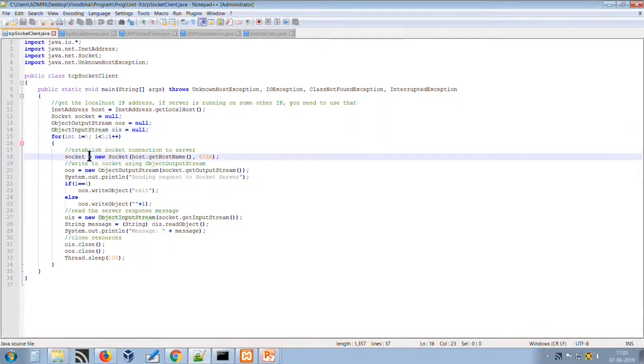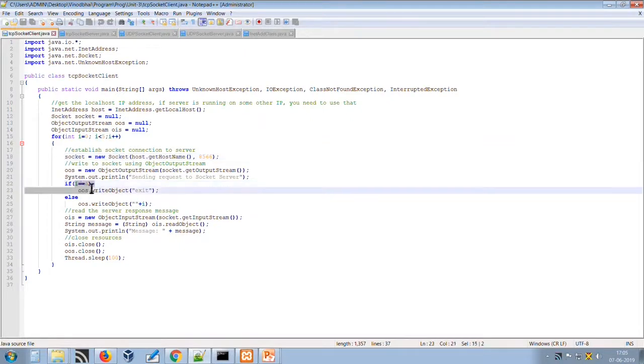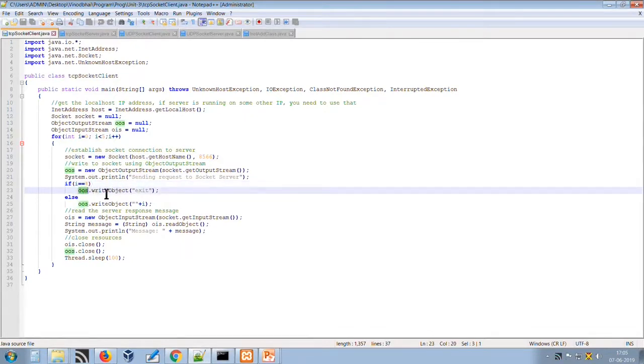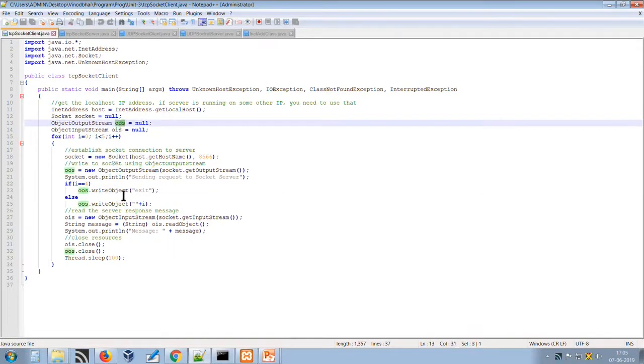The program has a for loop up to 5, and once the variable i reaches 4, we write the object using the writeObject method of the ObjectOutputStream class.